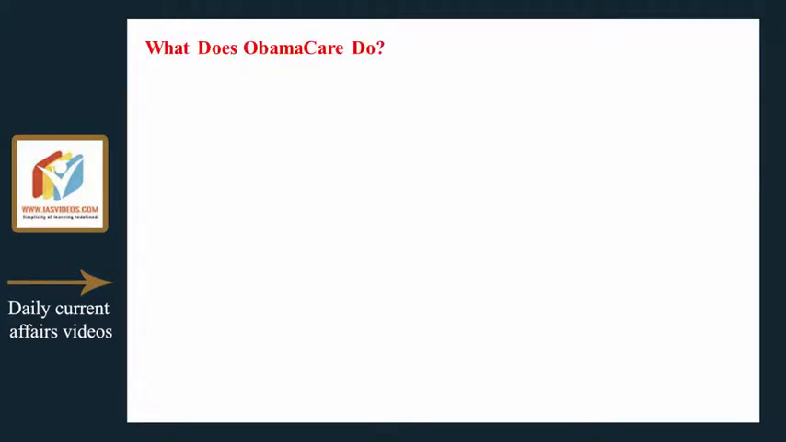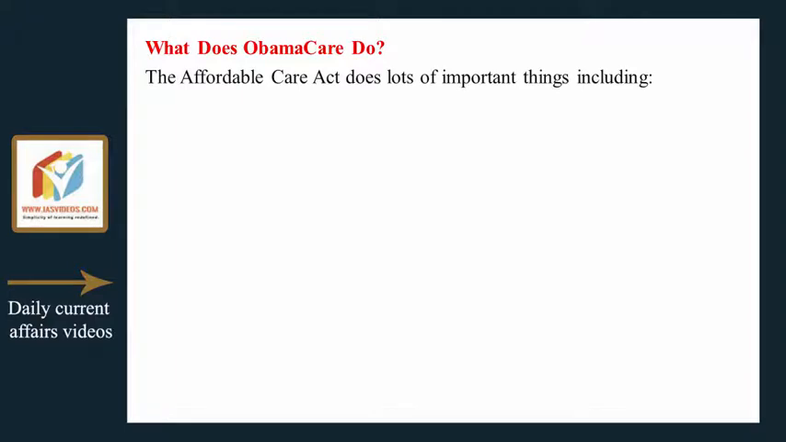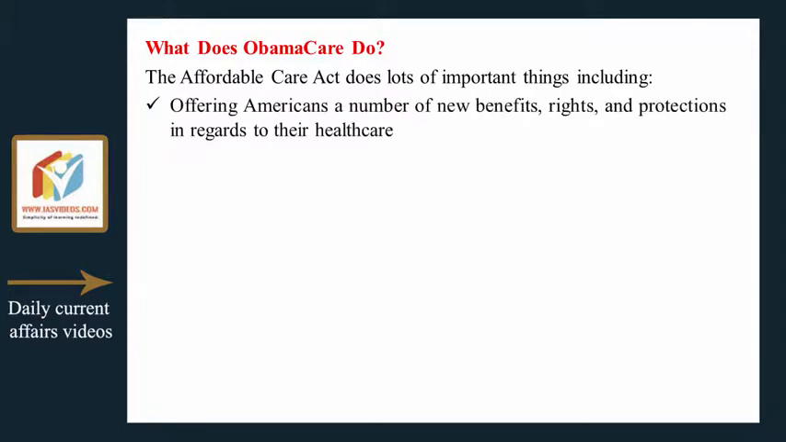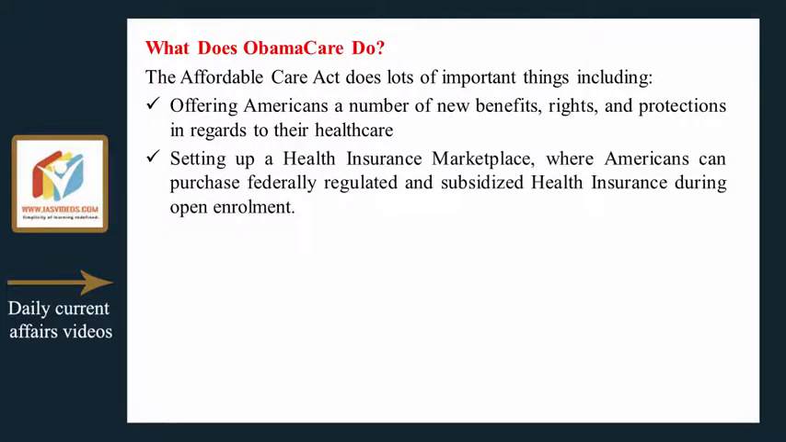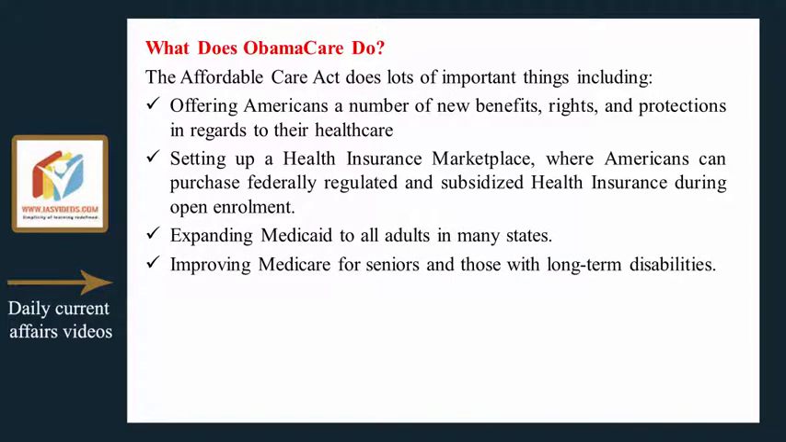What does Obamacare do? The Affordable Care Act does lots of important things, including offering Americans a number of new benefits, rights, and protections in regards to their healthcare, setting up a health insurance marketplace, where Americans can purchase federally regulated and subsidized health insurance during open enrollment, expanding Medicaid to all adults in many states, improving Medicare for seniors and those with long-term disabilities,